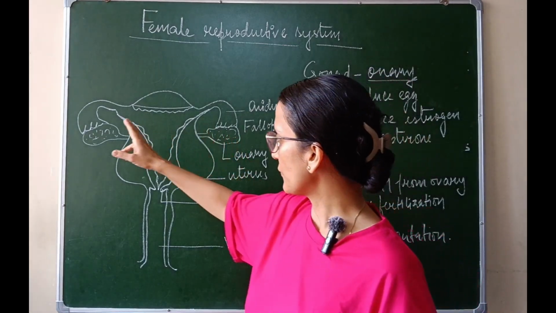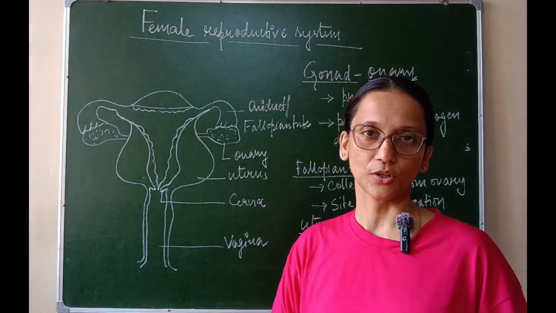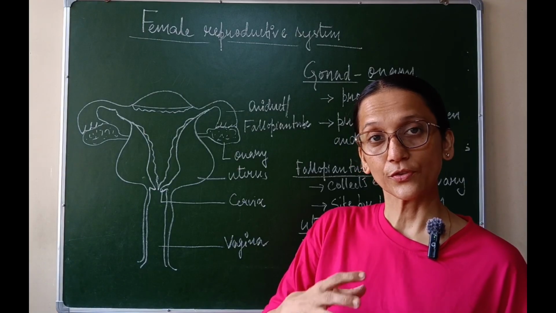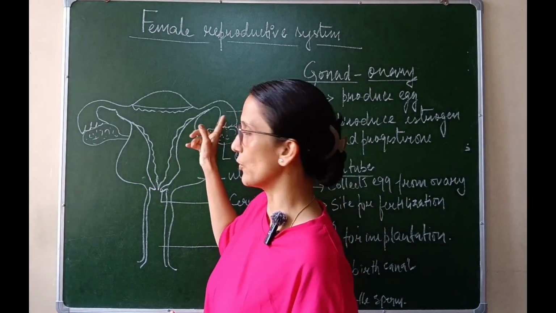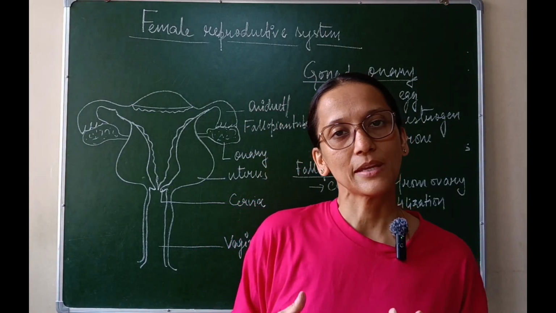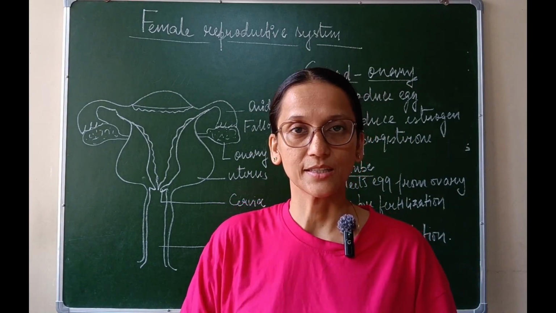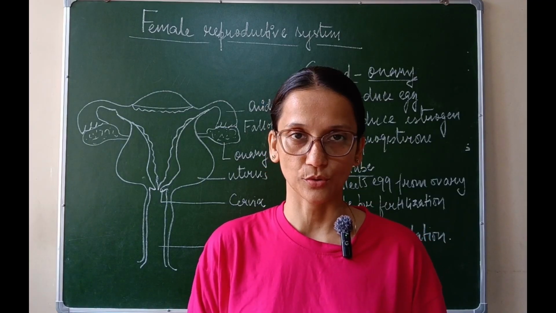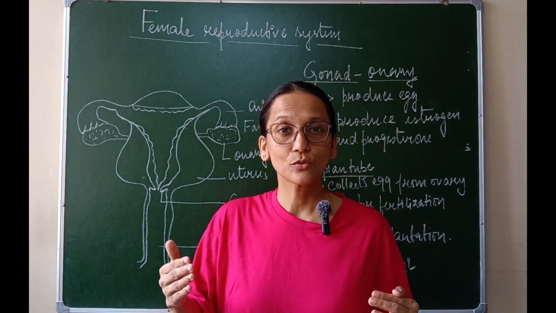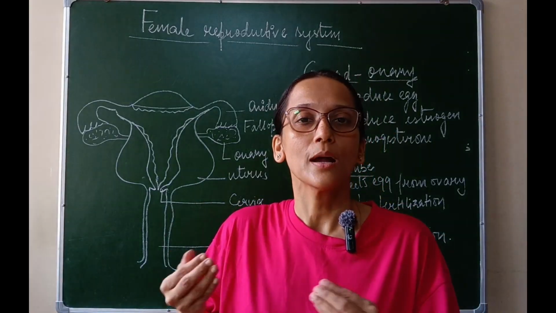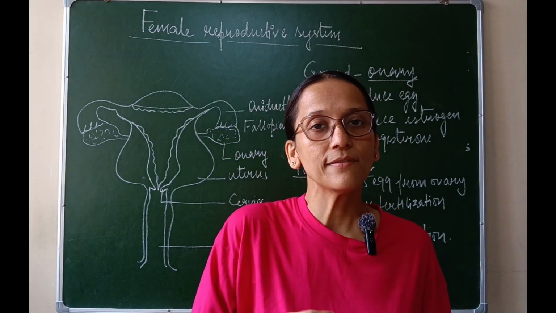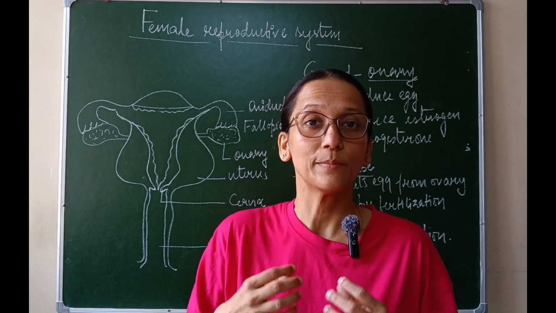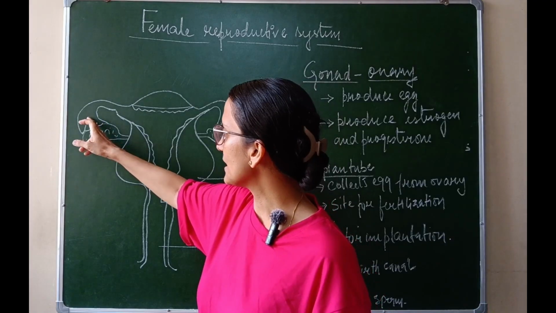Right next to this pair of ovaries, there is a tube-like structure which is called the fallopian tube. This fallopian tube serves the function of collecting the egg which gets produced from the ovary. Remember one thing, when a female child is born, the ovary itself contains many eggs, but these eggs are immature. They take close to 11 to 12 or maybe 13 years to come up to maturity. So only when the female attains puberty, one egg out of those million eggs will become mature and will be released in the fallopian tube.